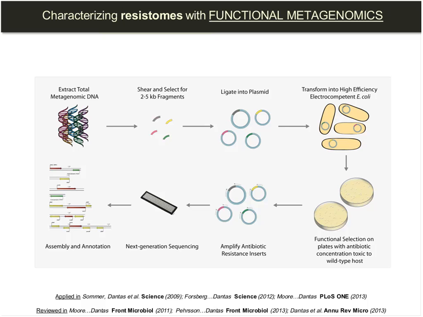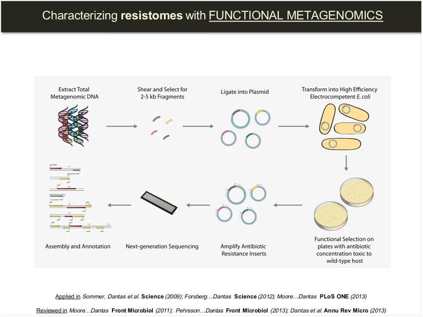We shear that DNA down into fragments that represent a couple of bacterial genes, clone them into some sort of expression system. So, for instance, a plasmid. This is the way traditional recombinant DNA work would progress, and then take this library of randomly cloned in fragments and pop them into some sort of easy-to-use genetically tractable host, in this case, E. coli. So this is the metagenomic library part of functional metagenomics, and the functional aspect is the next step, which